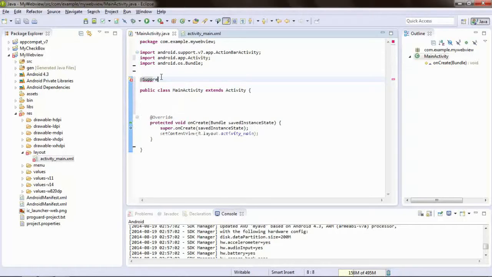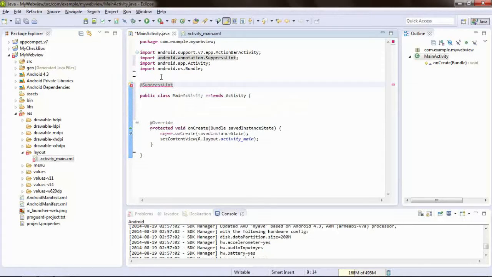So press Ctrl+Shift, then set JavaScript enabled. Then after that, we must declare our WebView by naming it private WebView mWebView.